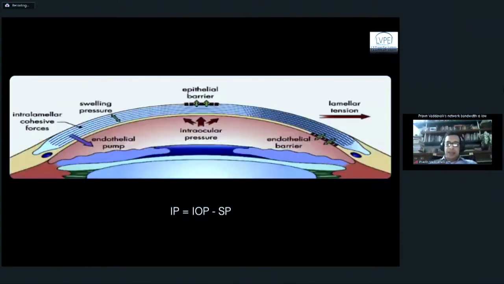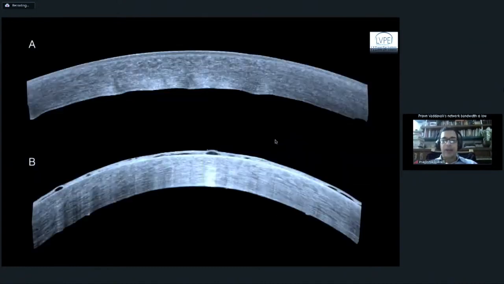So anytime there is a disturbance in this homeostasis, where you have either an increase in the intraocular pressure or a reduction in the pump function, which pumps out fluid from the stroma into the aqueous humor, you tend to have accumulation of fluid within the cornea. And typically in